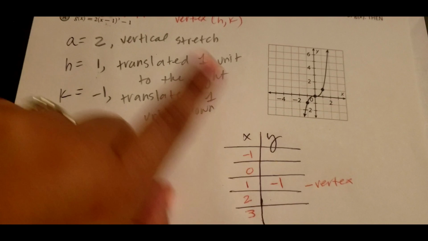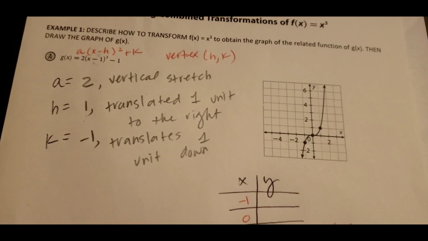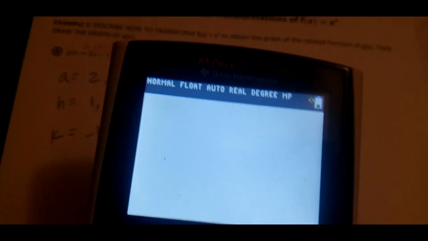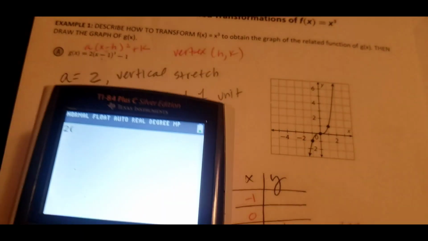And then basically just plug them in and work it out. Okay, so I'm going to show you one, and then I'm going to show you kind of a quick way of doing this. Okay, so I have a graphing calculator. You can use Desmos as well. So notice I have 2. My x is going to be,